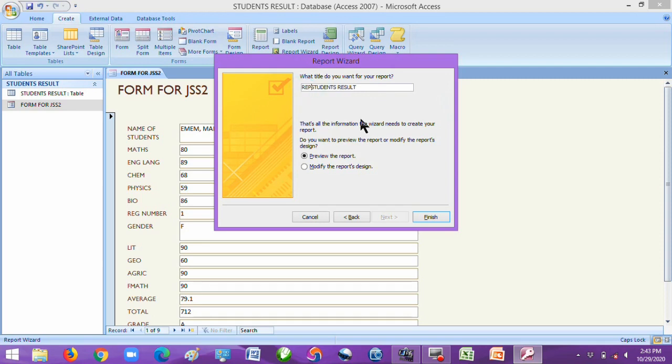You can say report student result or report JSS1 or JSS2 as the case may be. Then also click any of these two where you want to preview the report or you want to modify the report design. Here I will preview the report and continue.